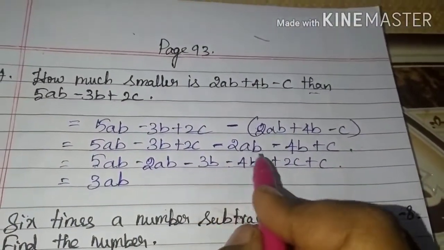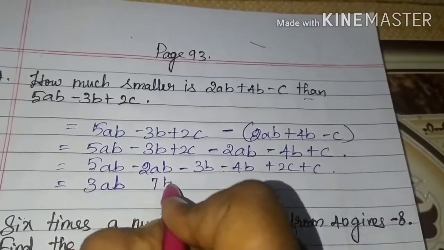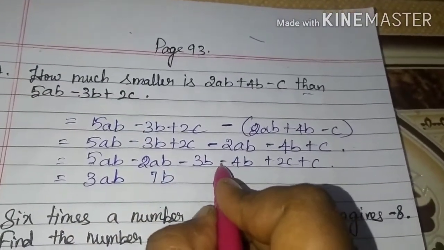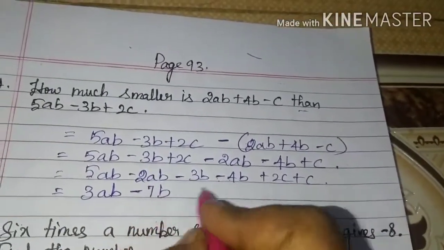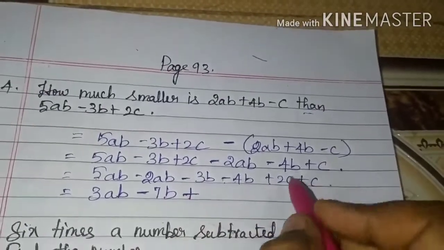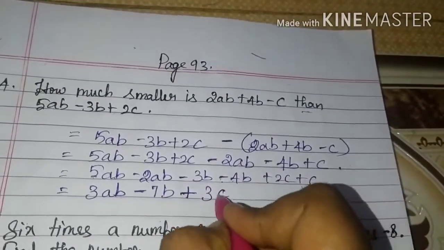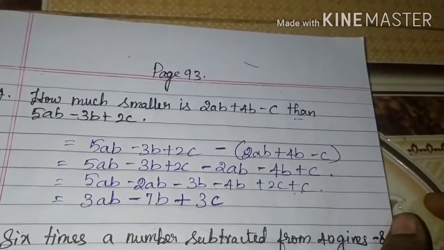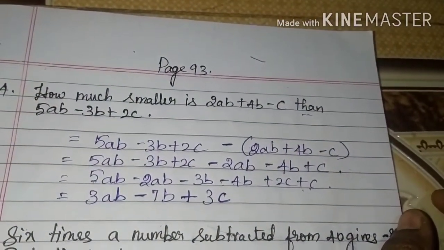So minus plus we want to do. 3 plus 4 is 7b. Bigger number is 4. 4 before minus is there. So we want to give the minus sign here. Okay, here both are plus. So don't worry, you will give the plus here. 2c plus c is 3c. Okay, have you clear children up to this?